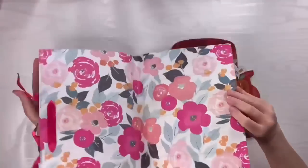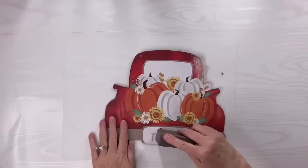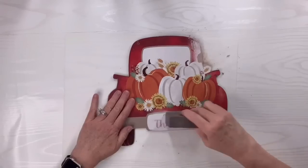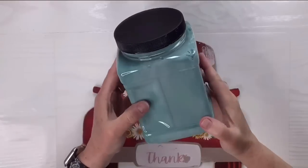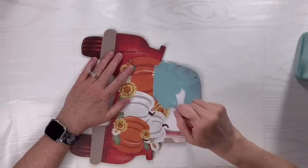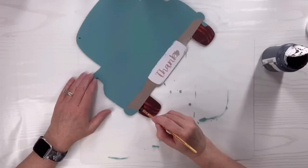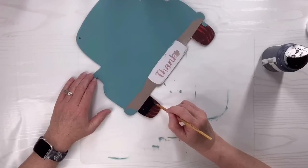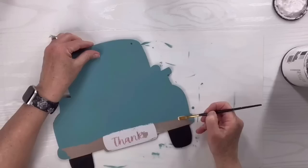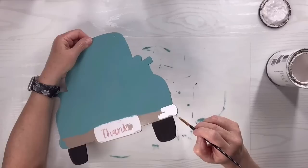For this Dollar Tree gift bag hack, I've got another beautiful floral gift bag, and then I've got this truck sign that was from the fall. I'm just going to sand off the glitter and any spots that were a little rough. I'm going to take my agave chalk paint from Waverly and also my ink chalk paint from Waverly. I'm going to paint the body of the truck with the agave. I'm going to paint the wheels in the black, and then I'm going to take this Amy Howard one-step paint. It's like an off-white color, and I'm just going to do the bumper first in the white and around the